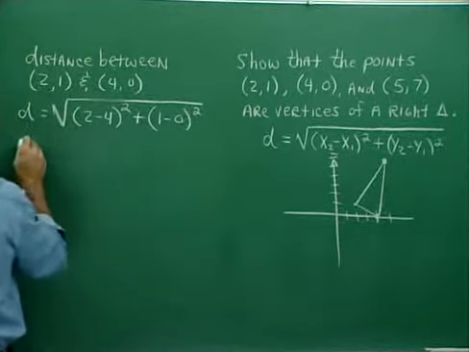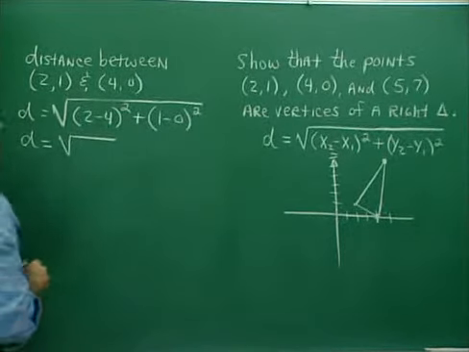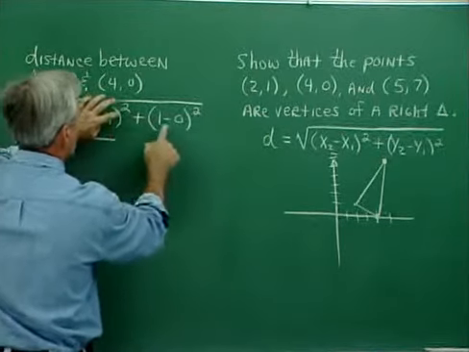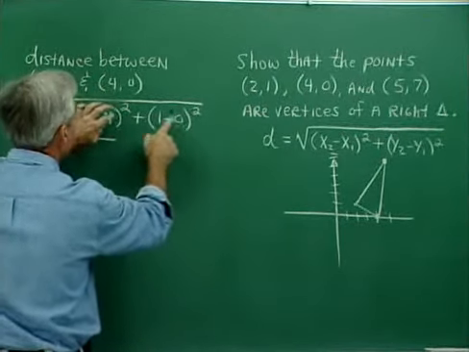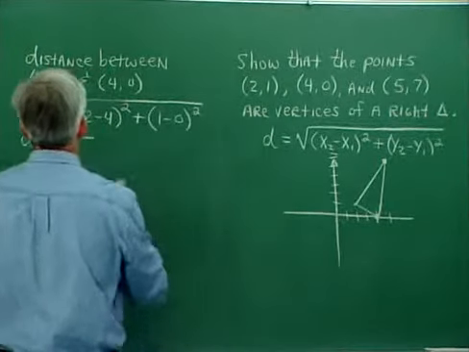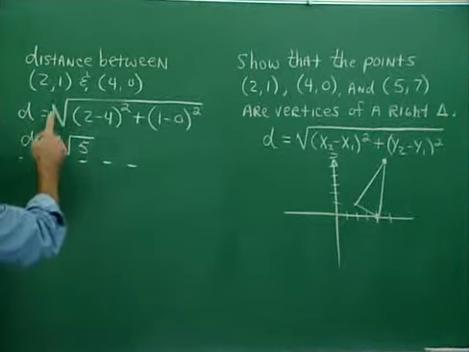Now let's see, what do I have? I've got d equals the square root of, now let me simplify in my head a little bit. This is negative 2, squared is 4, so that's 4. This is 1 squared is 1, 4 and 1, 5. This is the square root of 5. Okay, good. Now, for another one, for the distance between,